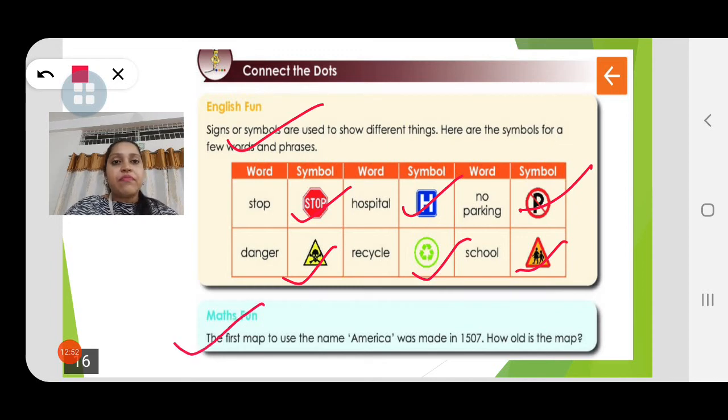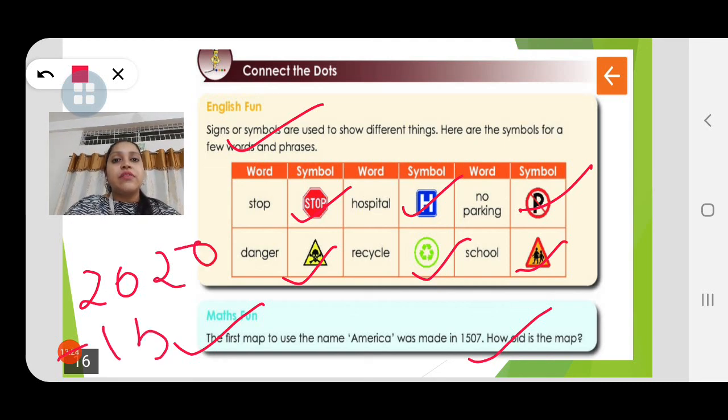Then lastly we have maths fun. The first map to use the name America was made in 1507. So children, this is the first map. Okay, the first map was used to name America and was made in 1507. How old is the map? So you'll have to calculate how old the map is. That is, it's 1507. You'll have to minus 20 minus 15